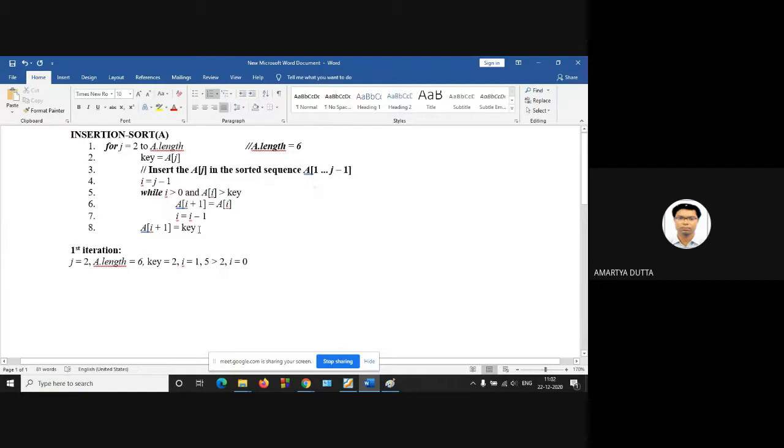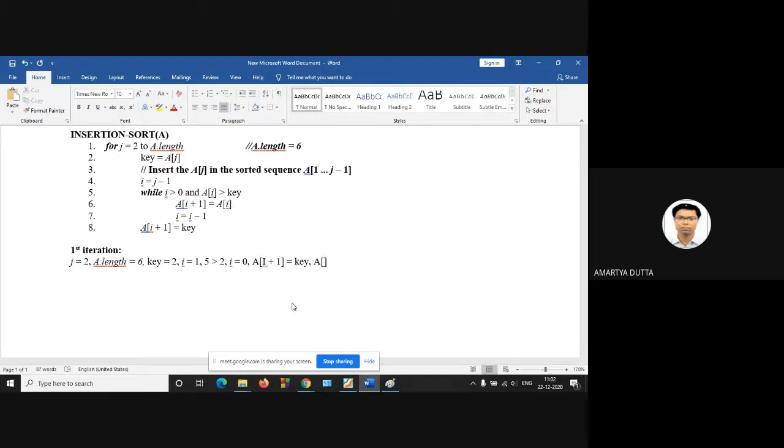Now line number 8. At line number 8, what is your key value? 2. So 2 is inserted at I plus 1. A of I plus 1 is equal to key. What is the value of I?